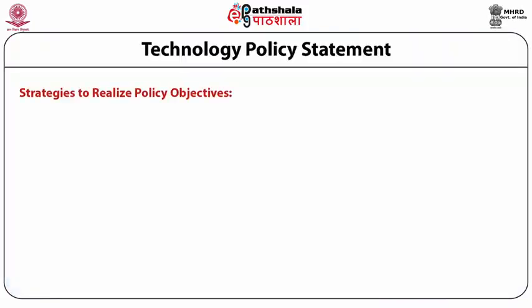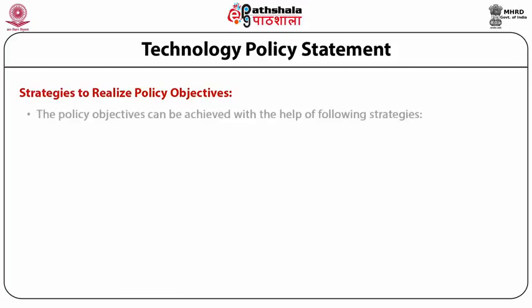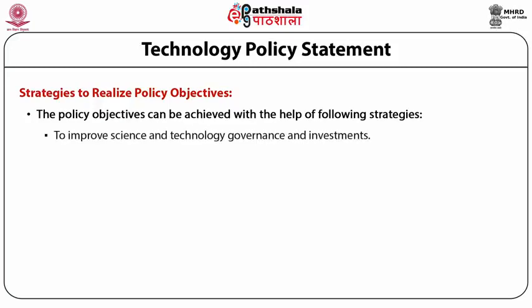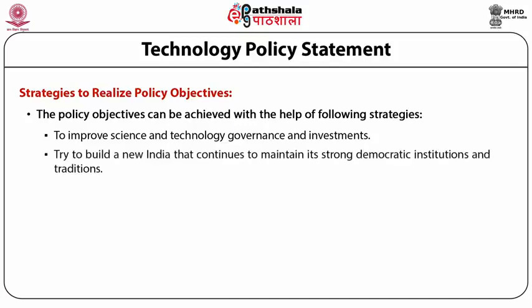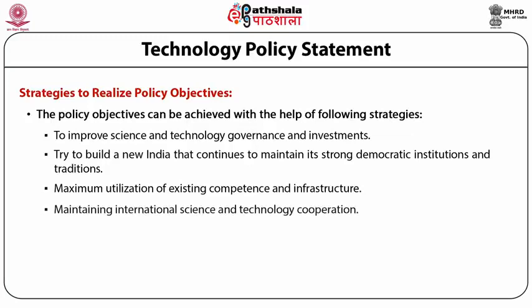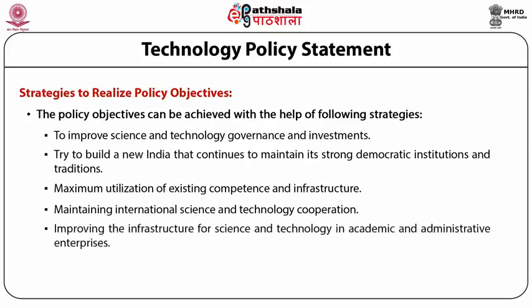Strategies to realize policy objectives. The policy objectives can be achieved with the help of the following strategies: to improve science and technology governance and investment, try to build a New India that continues to maintain its strong democratic institutions and traditions, maximum utilization of existing competence and infrastructure, maintaining international science and technology cooperation, improving the infrastructure for science and technology in academic and administrative enterprises,